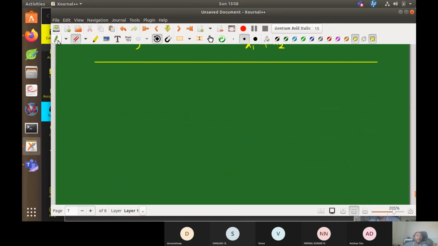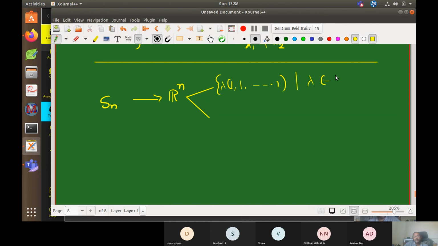So actually, I want to say one point here, that Sn acts on Rn. So what are the invariant subspaces of Rn under Sn? Again, try to understand one matrix, then I can have all eigenspaces, but these are simultaneous eigenspaces. So you can prove that only two invariant subspaces are there. That is lambda times the all-ones vector (1, 1, ..., 1). This is a subspace, invariant under Sn, and then its complement.